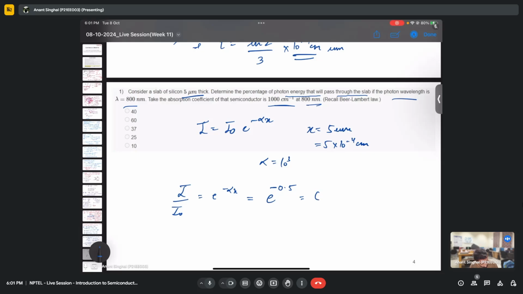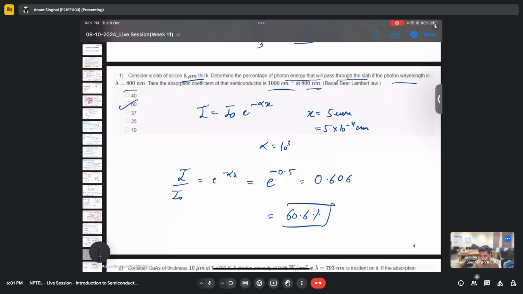It is 0.606, and you can say it is 60.6%, which is option B. This was straightforward. We need to find the percentage of the photon energy that will pass through. So 60% will pass through, and